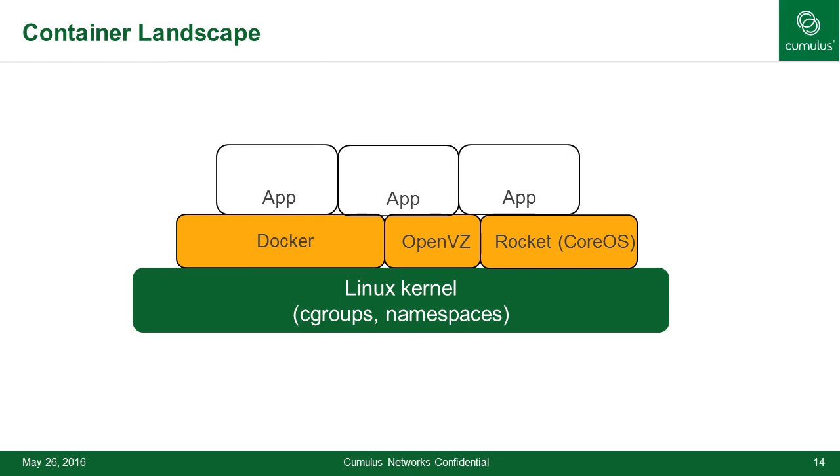We won't have time to get into all of that, but essentially, applications run on top of these frameworks. This is the fundamental model. The Linux kernel provides cgroups and namespaces. You have constructs like Docker, OpenVZ, and Rocket, which simplify how you use these constructs in your applications. It's almost like the Linux kernel provides you the x86 instructions, Docker or Rocket or OpenVZ provide you the compilers, and the applications are written with the compiler in mind, not the basic instructions, because you're not writing assembly.